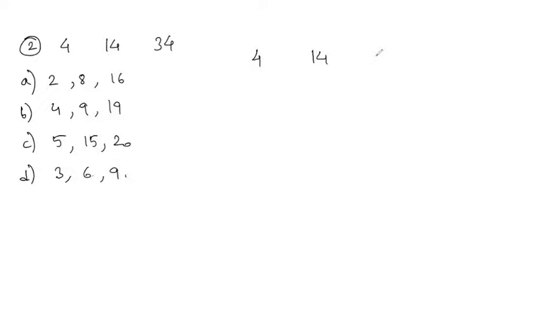4, 14, 34. So in number series, what is the first step we do? Subtraction. Difference. In the first question, when you see it directly, you should remember square of numbers. That's why I didn't do subtraction, because it is a waste of time. Because we know 15, 24, 35, you should immediately remember it is square of number minus 1. That's why I didn't do subtraction.